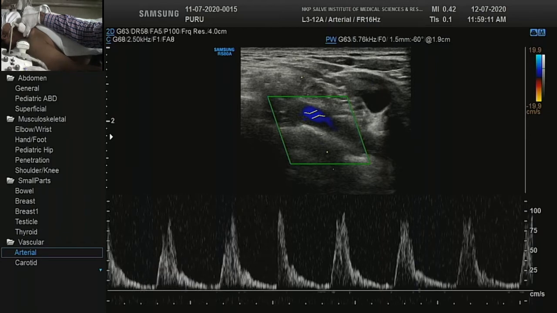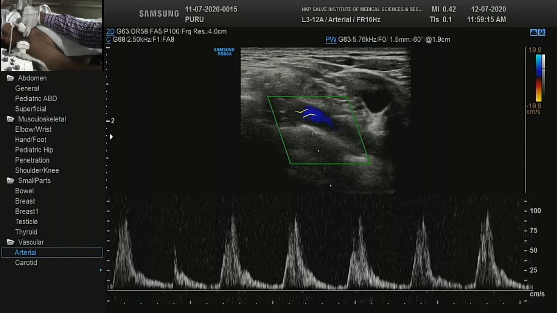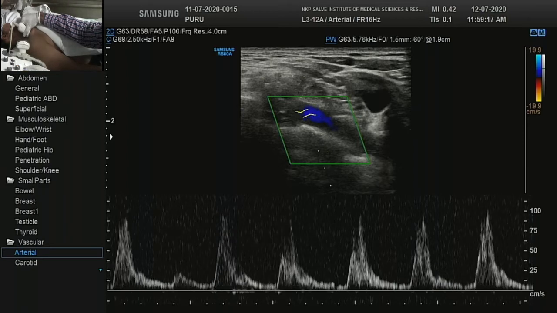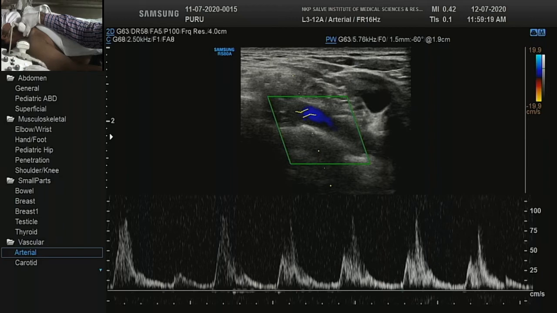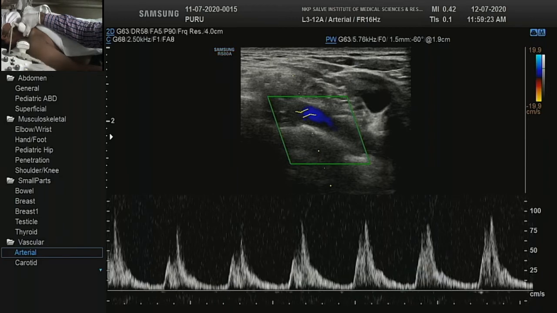So triphasicity is lost. PSV is quite okay, 70, 75. But there is a spectral broadening. There is a little bit of turbulence in the peak. The peak is not single. There is a little bit of broadening of the peak, broadening of the spectrum.